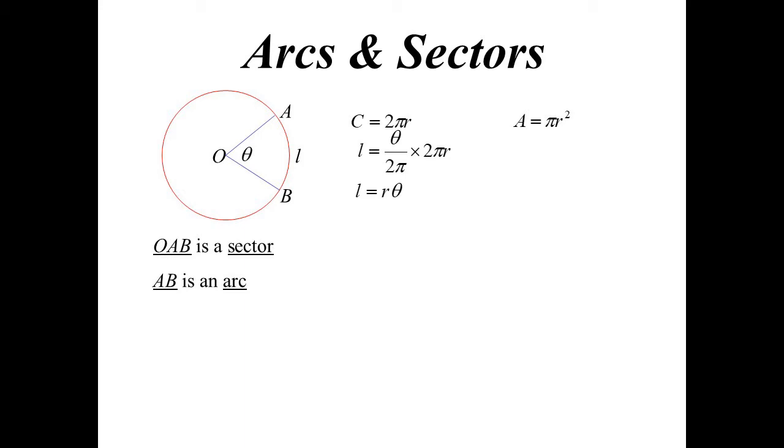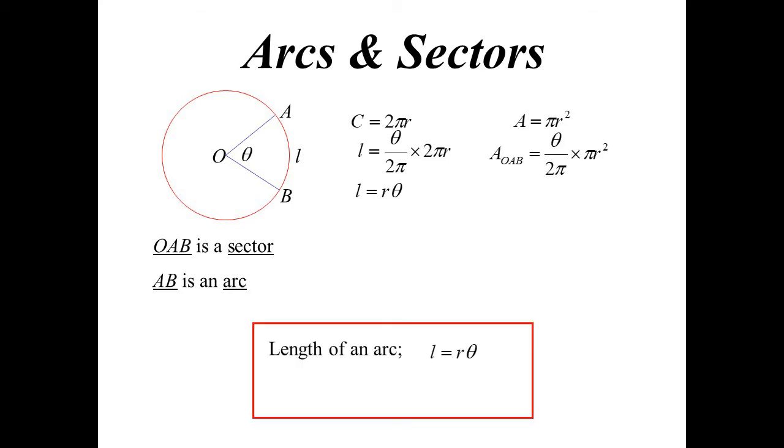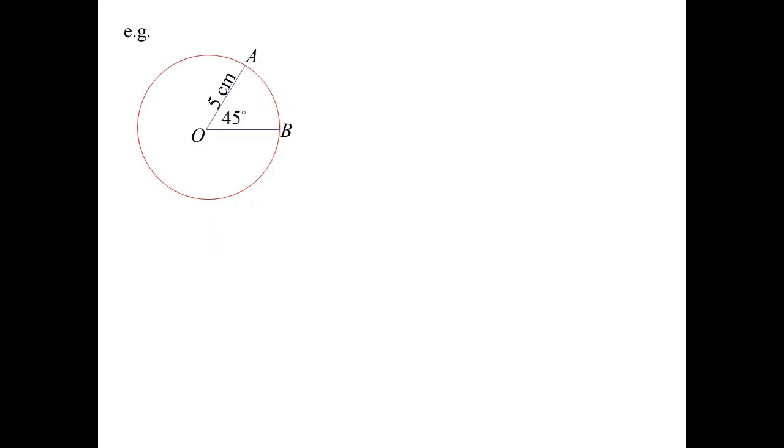So OAB, that would be a sector, but again, we've got 2 sectors there. We've got the minor sector and the major sector. And the ratio, theta on 2 pi, cancels down, and we get a nice little formula: half r squared theta. So if we look at an example of that, and we have 45 degrees at the